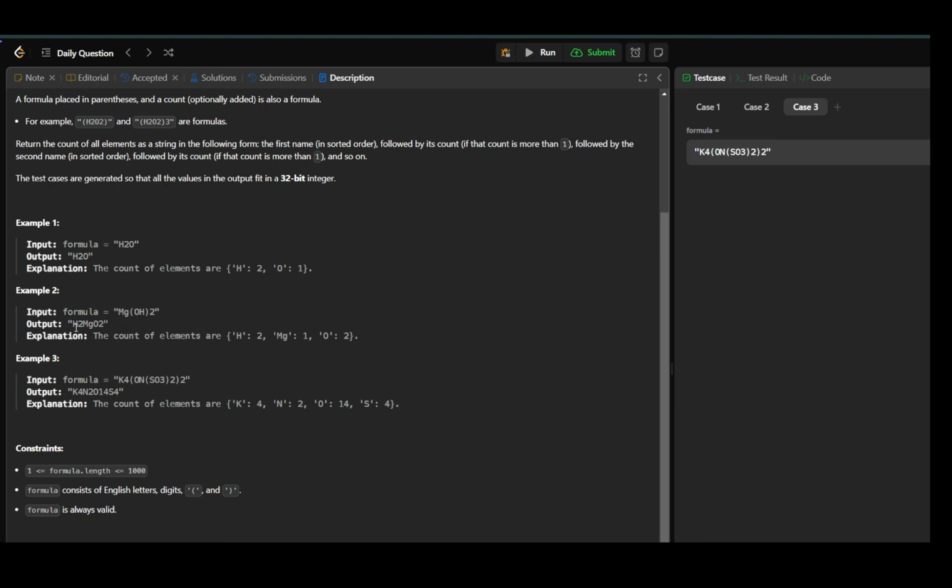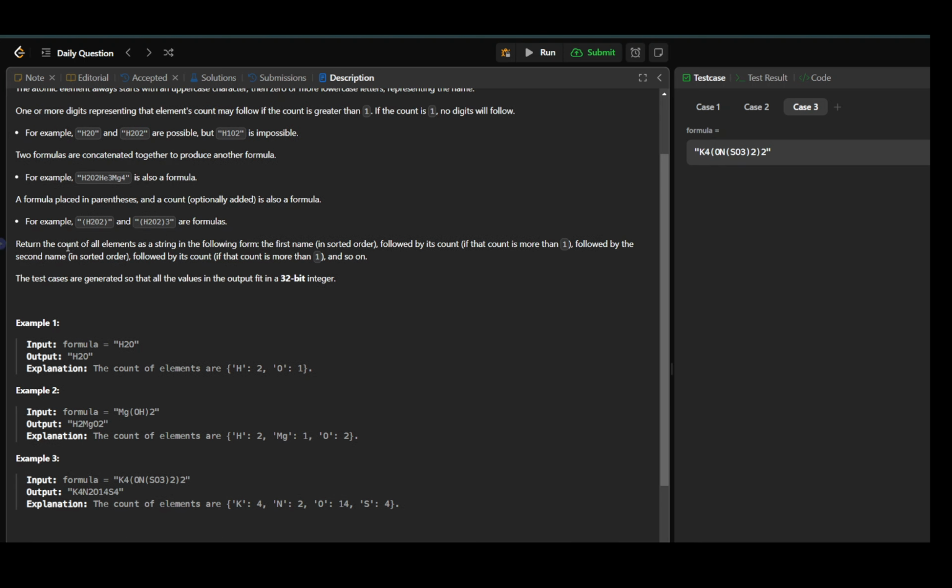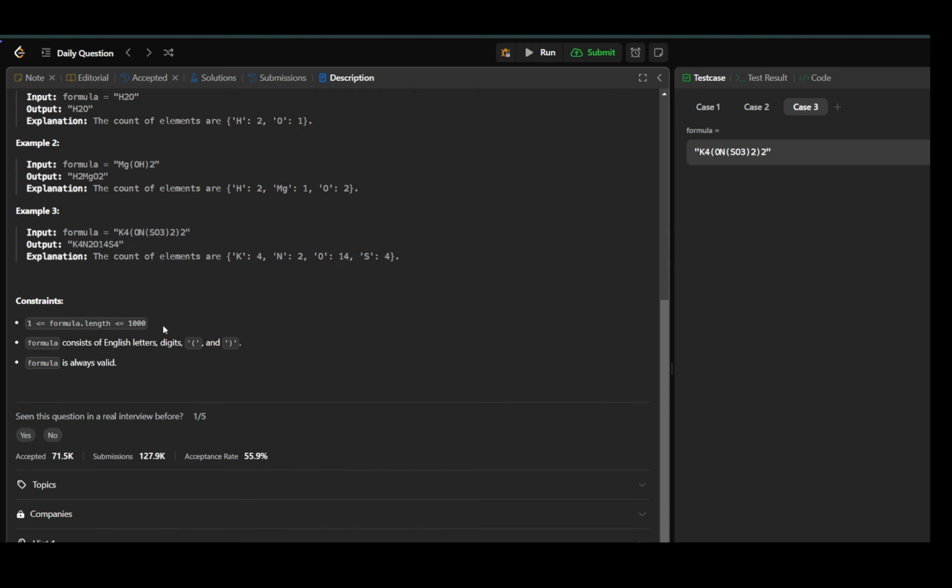So it was sorted order. That's what the question states. The elements of the string, the atom names, have to be written in sorted order. The first name should be in sorted order. Keys are sorted here, and here is the map representation of this component, and the returned type should also